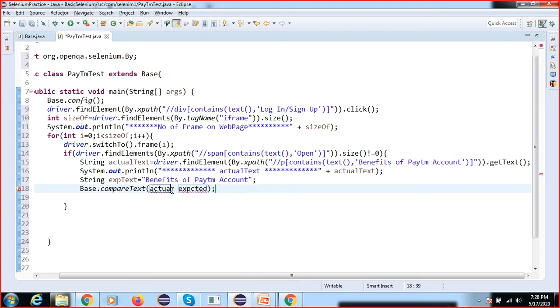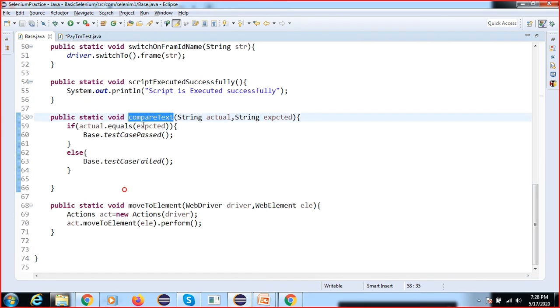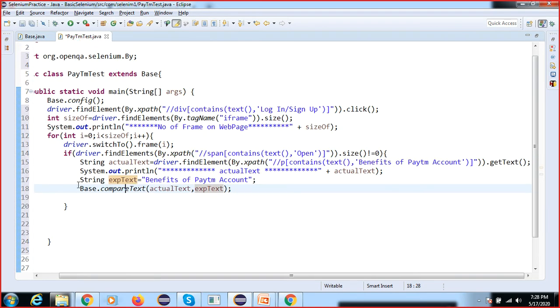Here we have written the logic for comparing both strings. Just go here and check what this compare text is. This is the logic we wrote in the last session.